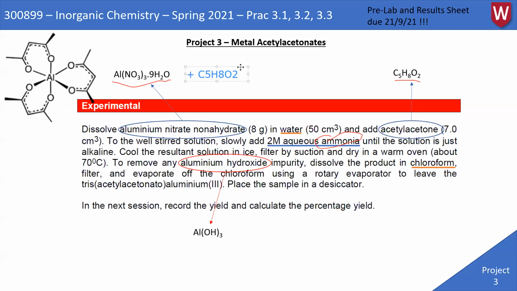So we've got our two starting materials, aluminium plus the ACAC. And then we've got our ammonia as well. Okay, I'll put it in brackets to make it a bit more clear. Okay, so our final product, maybe we should write that as well, so we know where we're going to end up. So our final product is going to be